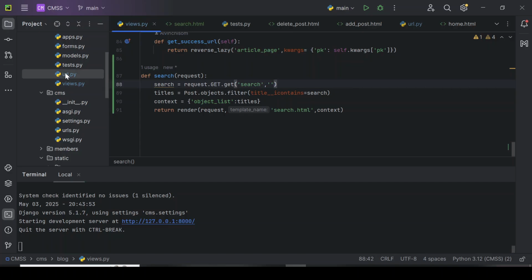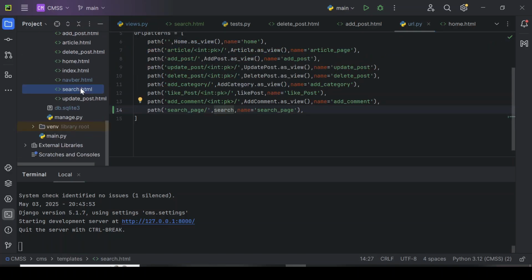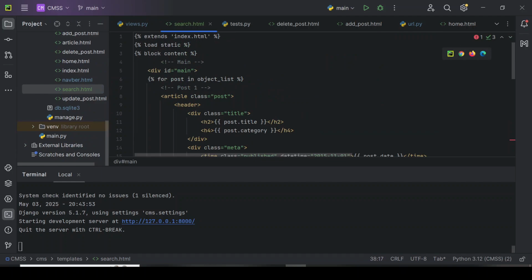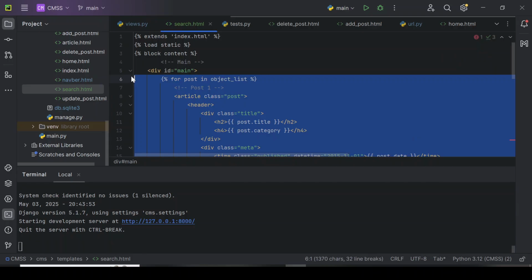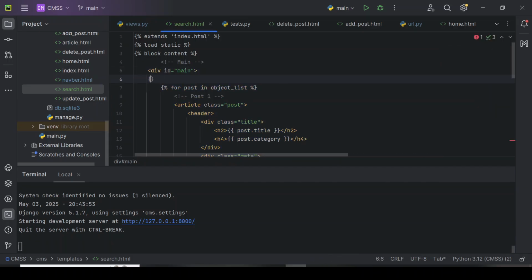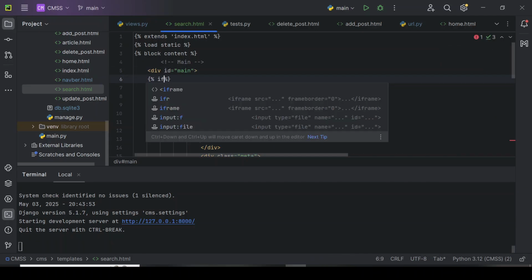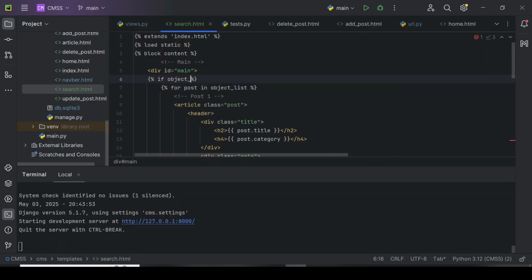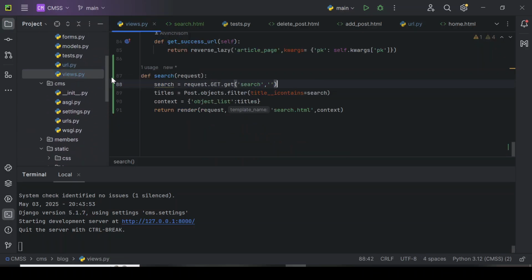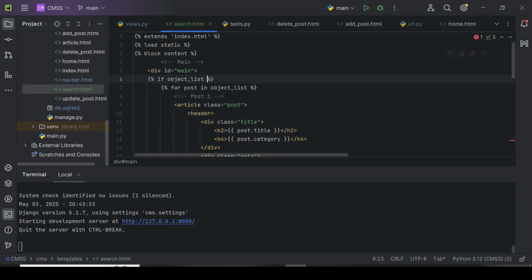So we have our view, we have our URL, we have our template. Here in our search.html, we need to do one more thing. Here I want to indent this. So here we're going to make use of our if statement. We're going to say if object underscore list. Why am I calling object list here? Remember, I passed in object list in our view because we have been filtering based on our object list. We said for post in object list, so that's why I'm calling this object list. So if object list